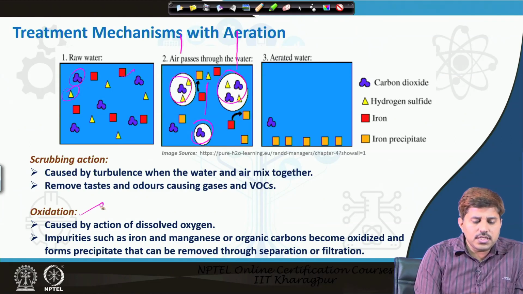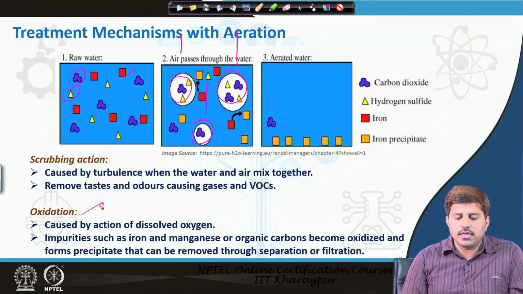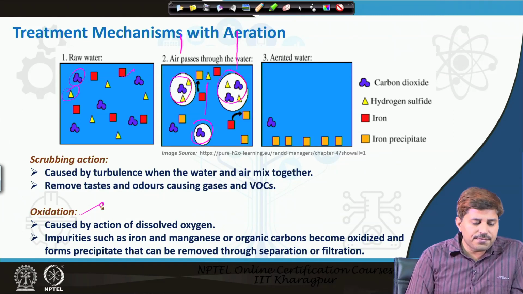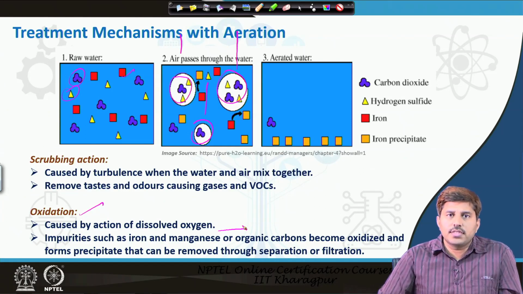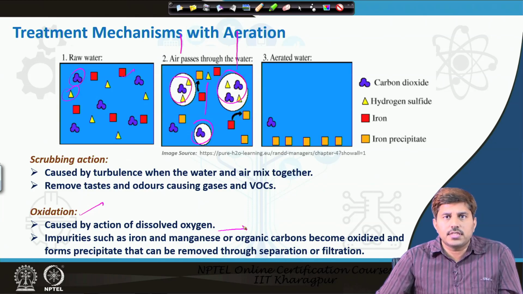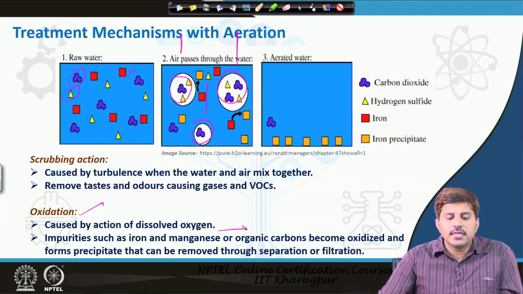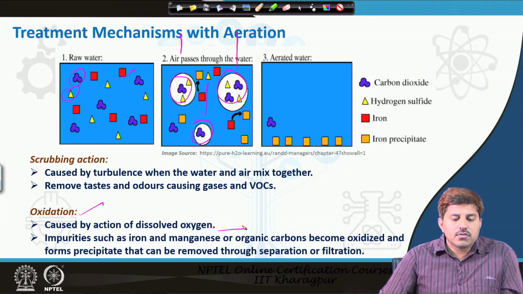The other is the oxidation, which is effective on the iron and manganese kind of things. So, it is caused by the action of dissolved oxygen. When we add more oxygen into this, it oxidizes iron and manganese to higher oxidation states, and as a result they precipitate. Okay. So, like